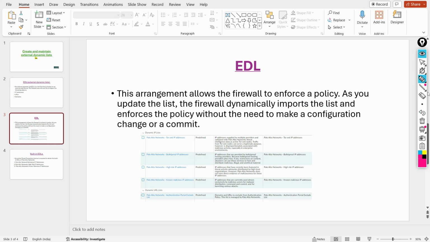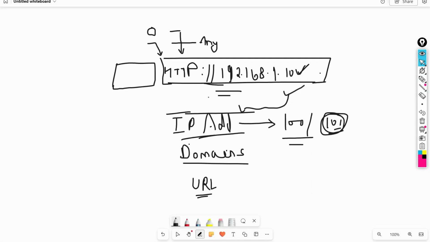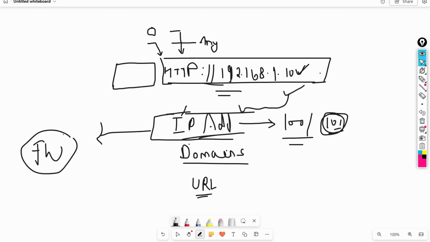As I discussed on the whiteboard, once we update the changes on the EDL, this information automatically syncs to the Palo Alto firewall. We don't need to make any changes on the firewall side. We just update one IP address and this information automatically syncs to the firewall. That is the beauty of this EDL. Earlier, when EDL was not there, in the case of malicious IP addresses or whitelisting, we had to open the policy, add the object every time and commit the changes. That was the traditional way.